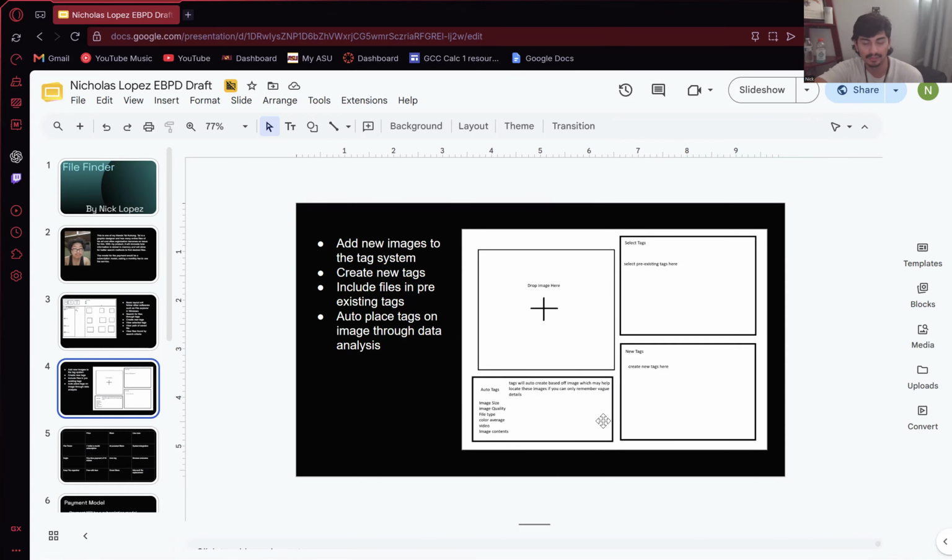And then, as I just stated a moment ago, what I want to make this product excel in is automating tags. So I have a couple examples here written down, such as image size, image quality, file type, color average, video files, what kind of files, like at the end of a file, like a PNG or a JPEG, image contents, like using different strategies, even using AI to